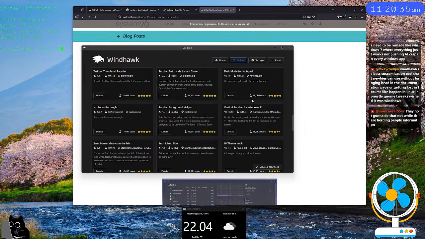Windhawk is the best customization tool that a newbie can use without banging their head on documentation. Exactly. Yeah, okay. I am 100% agreeing with you. And I only theme Windows because of Windhawk. I used to install all kinds of crazy stuff, but